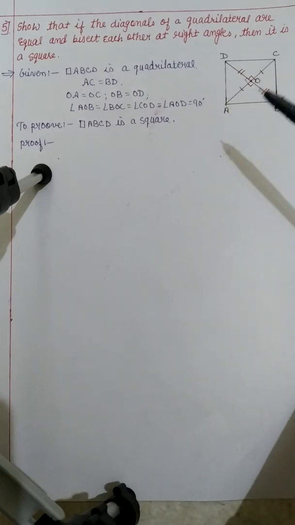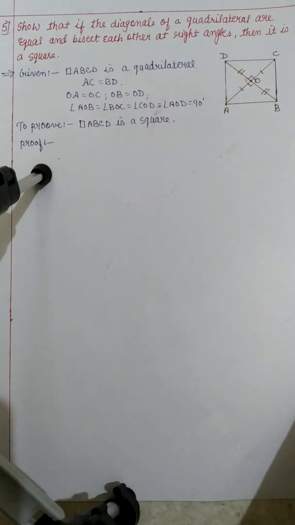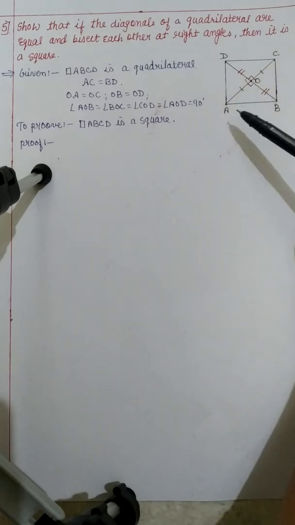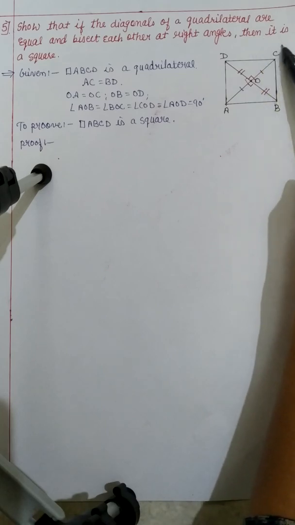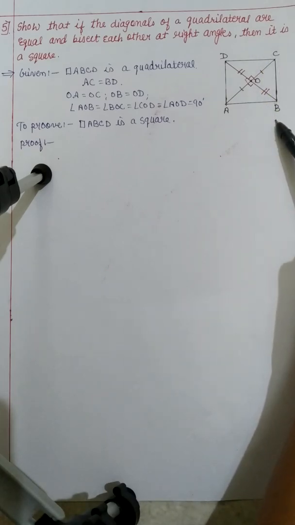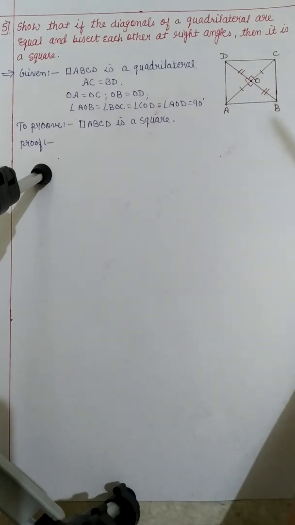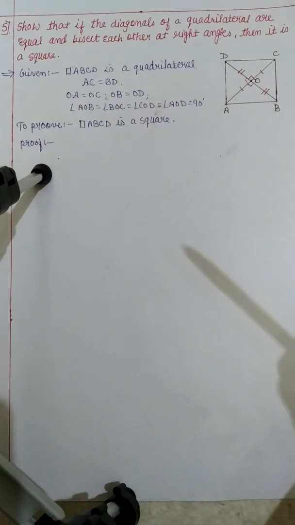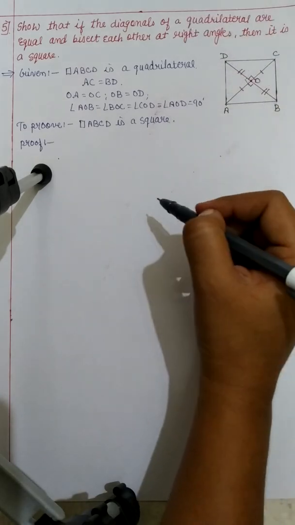And for that, first of all, I am going to prove that my ABCD is a parallelogram. And once I prove that it is a parallelogram, that opposite sides are parallel, then I can go for that these two are the parallel lines and any one of the sides I can choose as transversal, such that I can take consecutive interior angles as supplementary. So that concept we have to arrange by ourselves. So let's start with proving congruency.